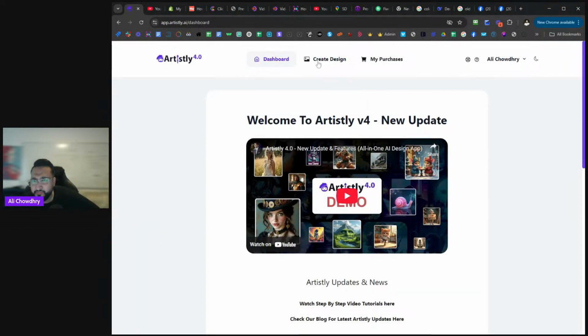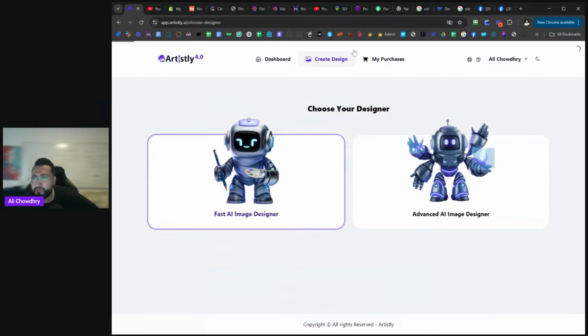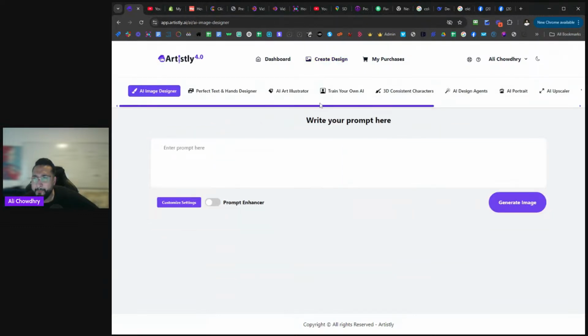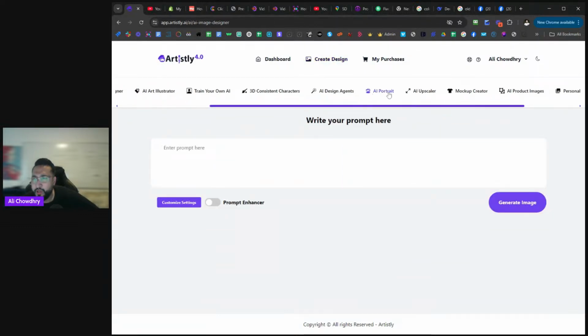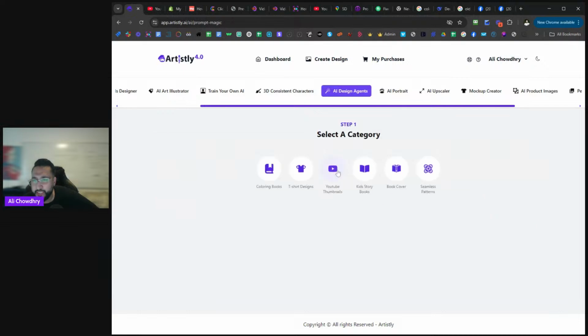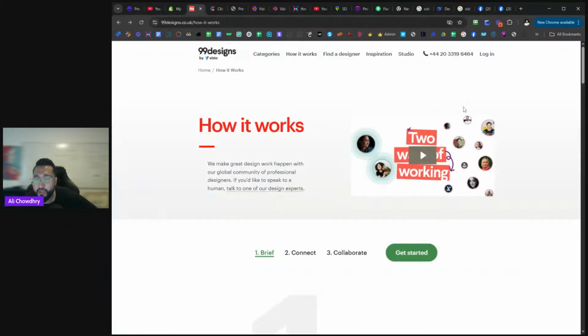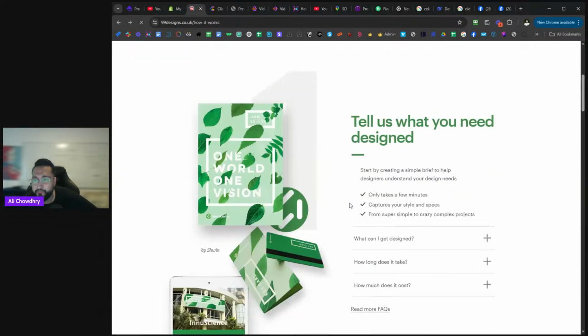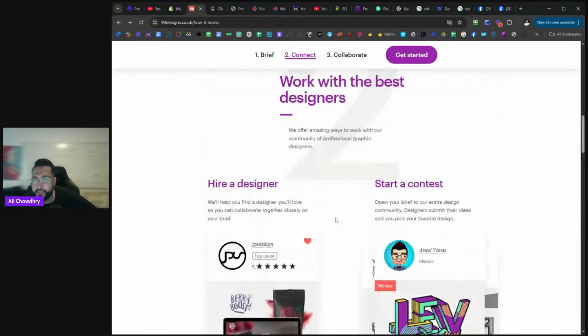Okay, so coming back to the design section, let's quickly run through. We got up to design agents. We've got all these aspects. Remember, kids storybooks, we covered this as well. There's one really good long tutorial around this. Book covers. Remember, with 99designs, it's how it works. Let's have a look. Let's go and double check. Remember, there were so many different aspects of